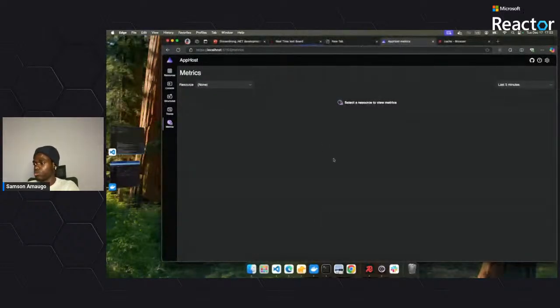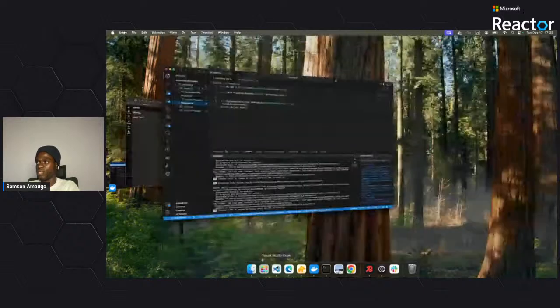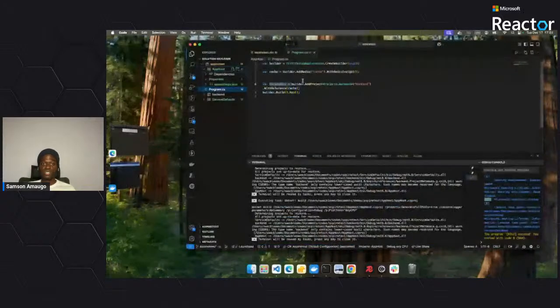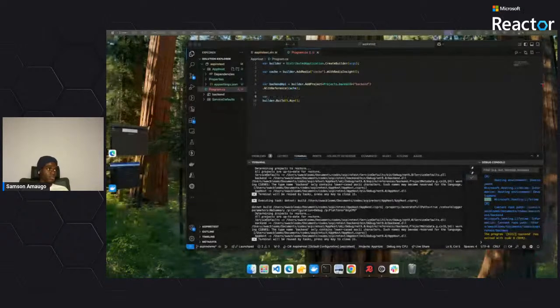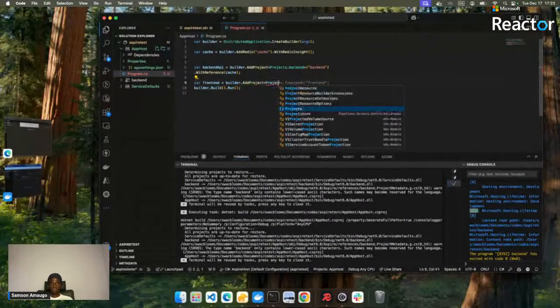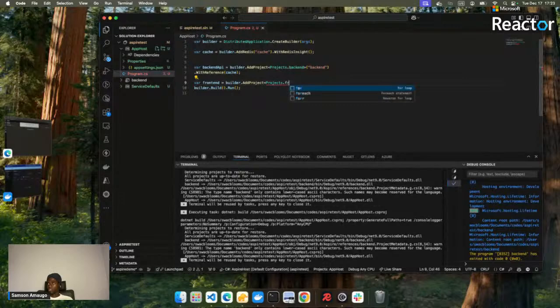Let's go back to VS Code and stop the debugger. So cool. You can see that the system is running. The next thing we are going to hook up is our front end. So to do that, I'll just say var frontend, then I'll say builder dot add project, and I'll say projects dot,